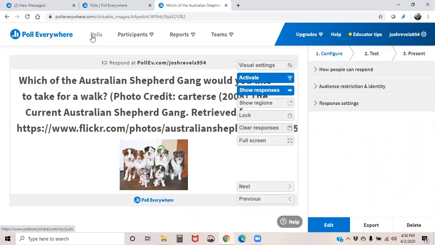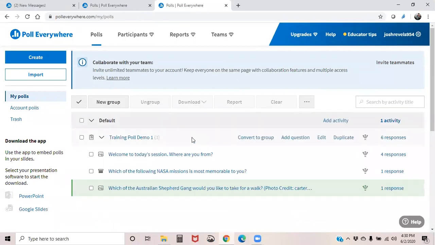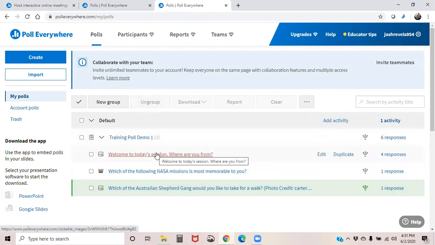If I go back to polls, let's add an additional question to this demo poll. And so the demo poll options, I can convert to a group, which I've already got these grouped together. I can ungroup them, so that way if I don't want a particular audience answering every question in my survey,